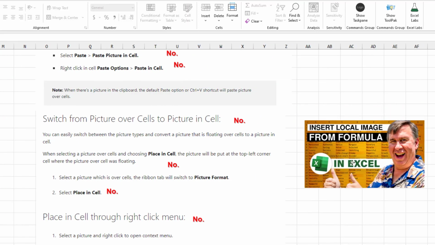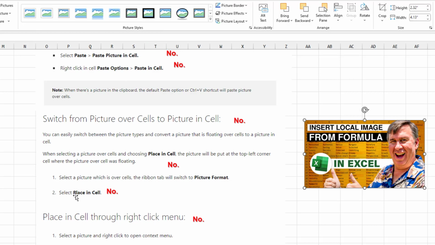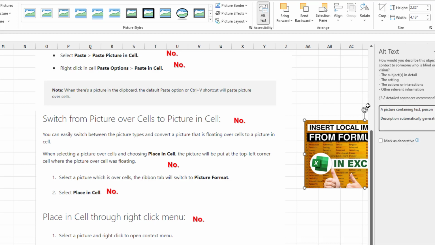So here's a picture that's over cells. Select a picture which is over the cells. A ribbon tab will switch to Picture Format. Select Place in Cell. Yeah, I've looked all the way through here and I don't see Place in Cell yet. It's funny, I can set the alt text when it's floating. I'm allowed to set the alt text for something that's floating over the cells.